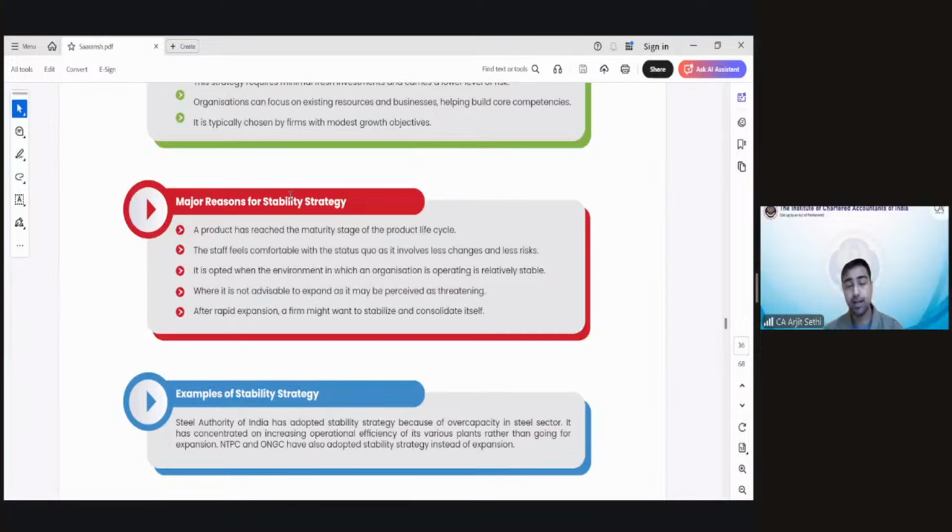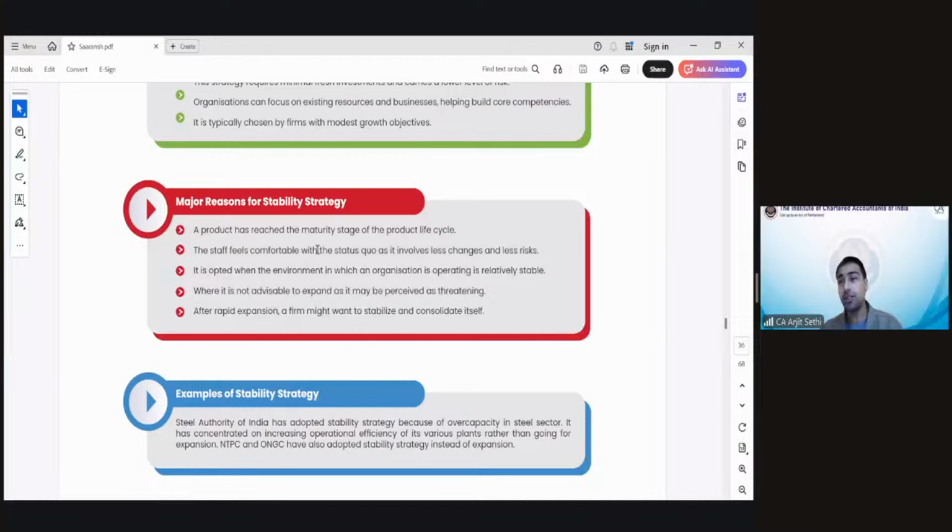Is because one, a product has reached maturity stage. Earlier, 10, 12, 15 years back, a burger was a new thing for Indians. इंडिया के लोग बर्गर नहीं खाते थे आज से 10, 12, 15 साल पहले. But it wasn't something very old. People were excited for burgers. People wanted to try something new. So that was a growth stage for them. Today, burgers are not something people find fancy. It's not like, oh, burger mil raha hai, khana hai, ye kya cheez hai. It's not like that. The product has reached a maturity stage of the product life cycle.